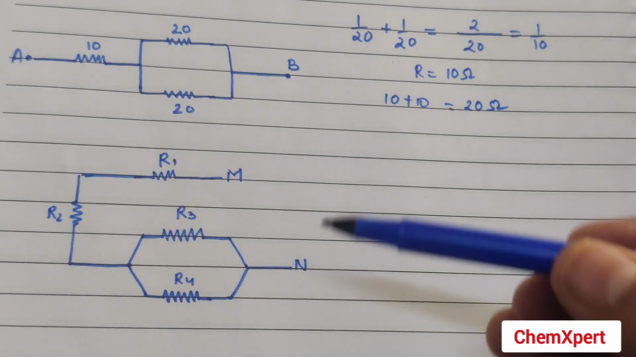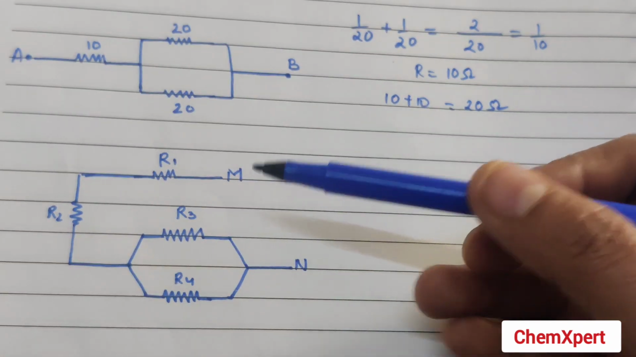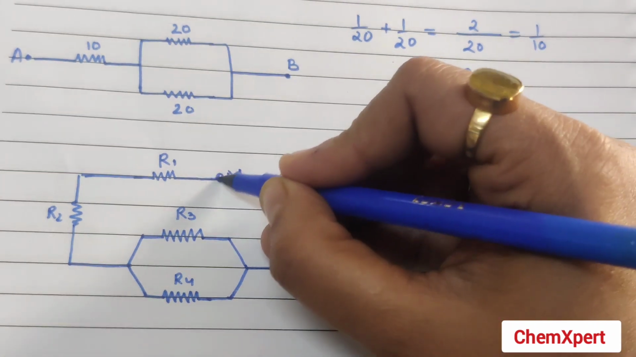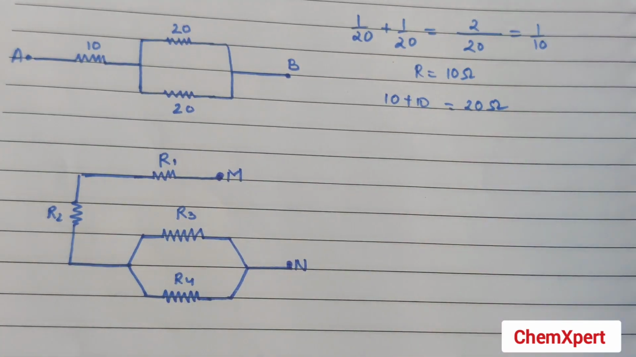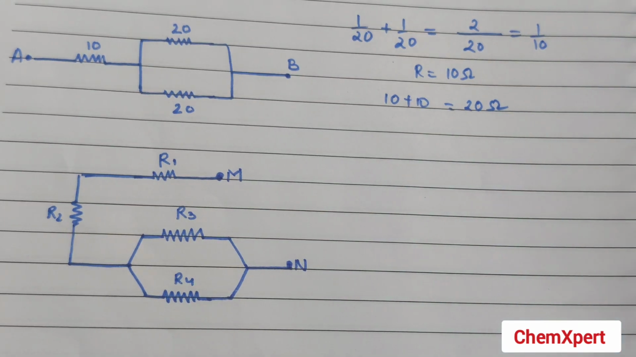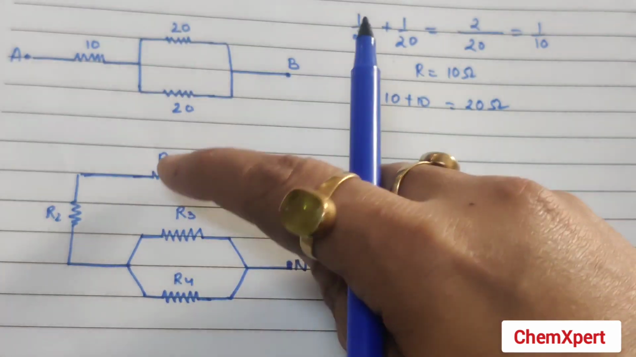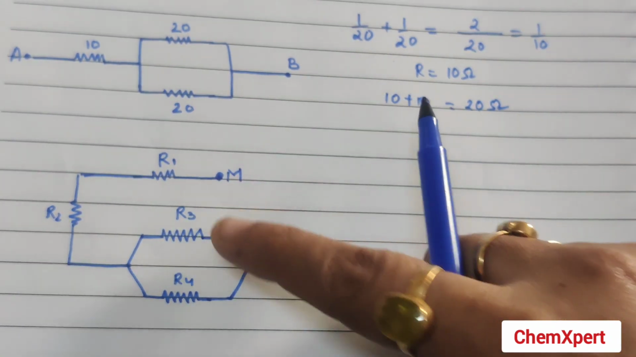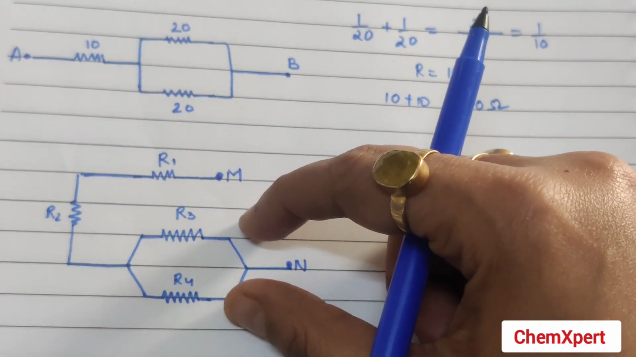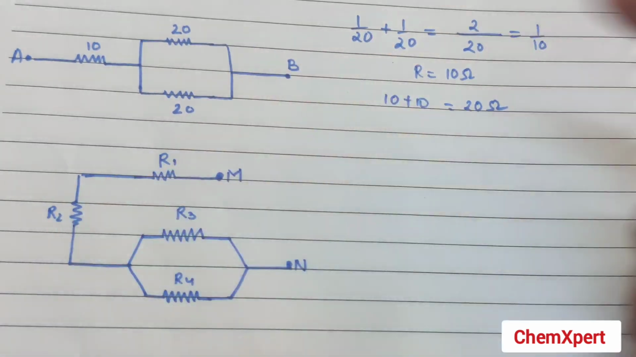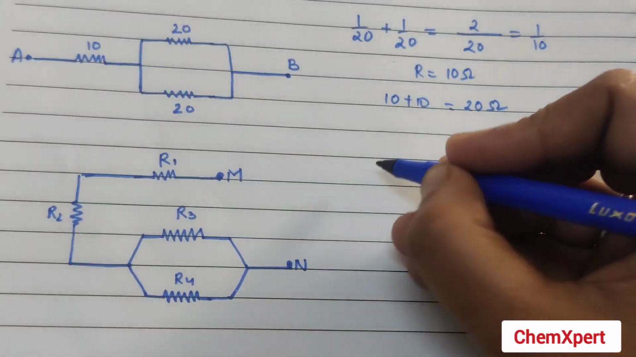Now this is a previous year question where this diagram is given and you have to find the equivalent resistance between points M and N. No values are given, only R1, R2, R3 and R4 are given. So you can just look here that R1 and R2 are in series with each other, whereas R3 and R4 are in parallel with each other. So first of all we will solve this R1 and R2. For this the net resistance will be